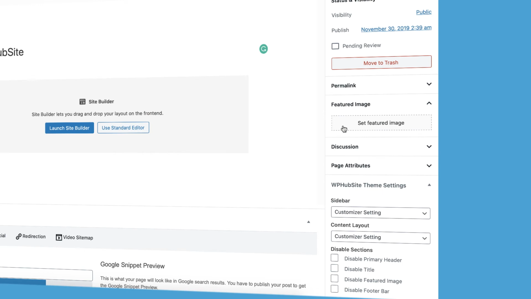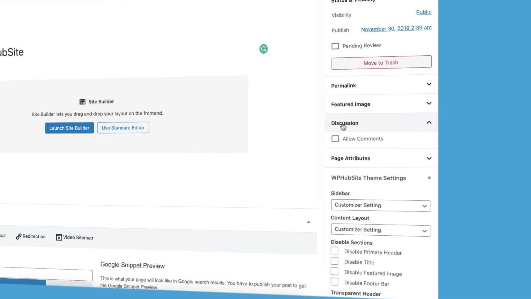There are other places where you can change it. You can set a specific Facebook image, a specific Twitter image, things like that. But it's easiest just to set it in the featured image. You're usually going to use the featured image for blog posts, but you can also use it for pages. Now, by default, discussion, comments, and stuff on pages are not enabled. I would recommend you leave that disabled. It's not really standard practice to have comments on a page, but you can, if necessary, enable the function of